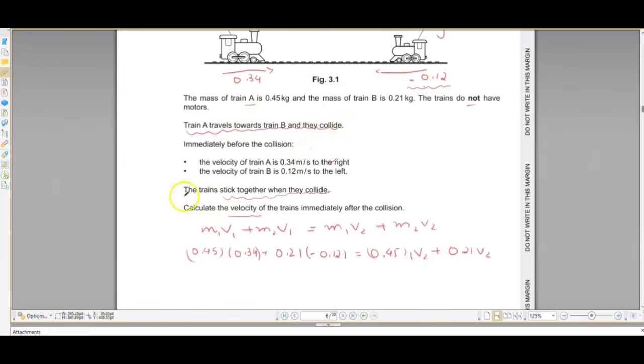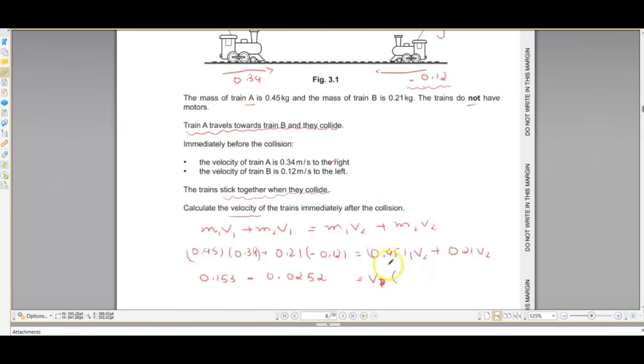So what we can do over here is, they've given us in the statement that the trains stick together when they collide. So when they stick together, their velocity is going to be the same. Because now they are sticking together, both of them are moving with the same velocity. So we are going to solve it over here. 0.153, and this is going to get minus 0.21 into 0.12, which is 0.0252, and velocity would be the same for both of them, so we can take the velocities to be common,